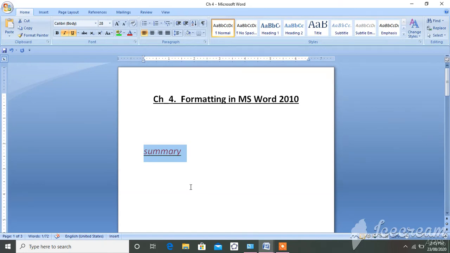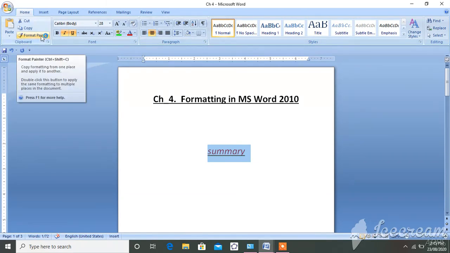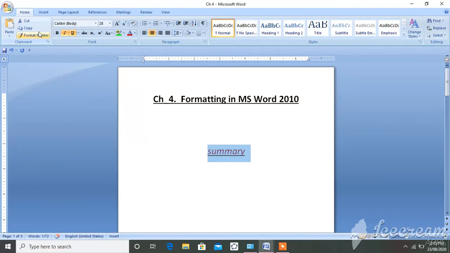Then we learn uppercase and lowercase, means how to make that character capital or small. Uppercase means capital, lowercase means small. Then we learn alignment: left, right, center and justified. And lastly we learn the format painter, means how you can copy the formatting of one word to another, that we learn in the format painter.